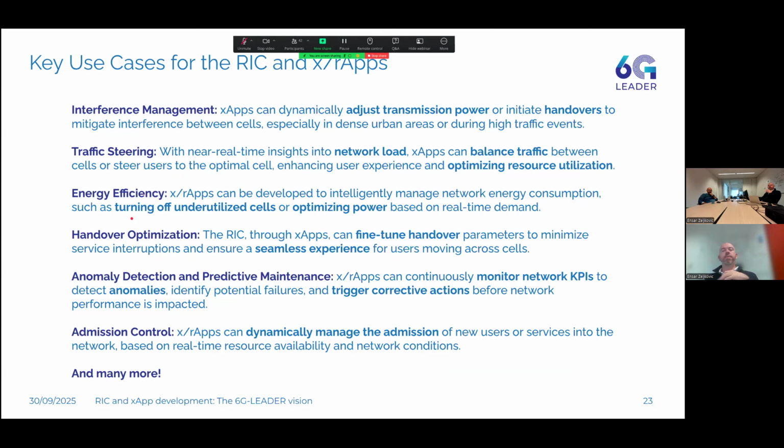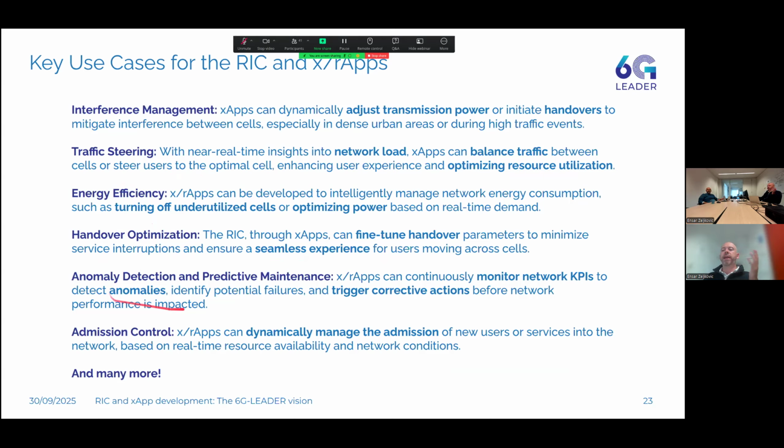Energy efficiency, such as energy saving, shutting down parts of the network to conserve energy when there's not a big demand for traffic. Handover optimization: one of the key things that our RIC exposes is direct control over the handover process, so we can fine-tune the handover algorithm completely.